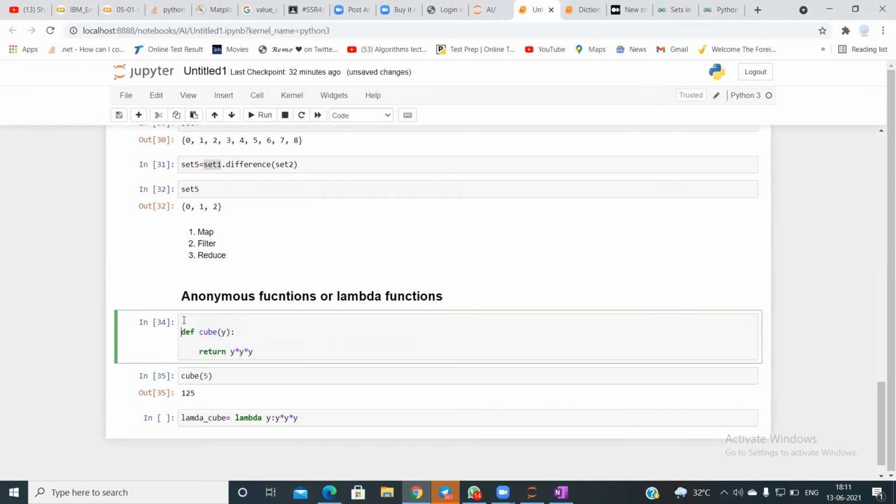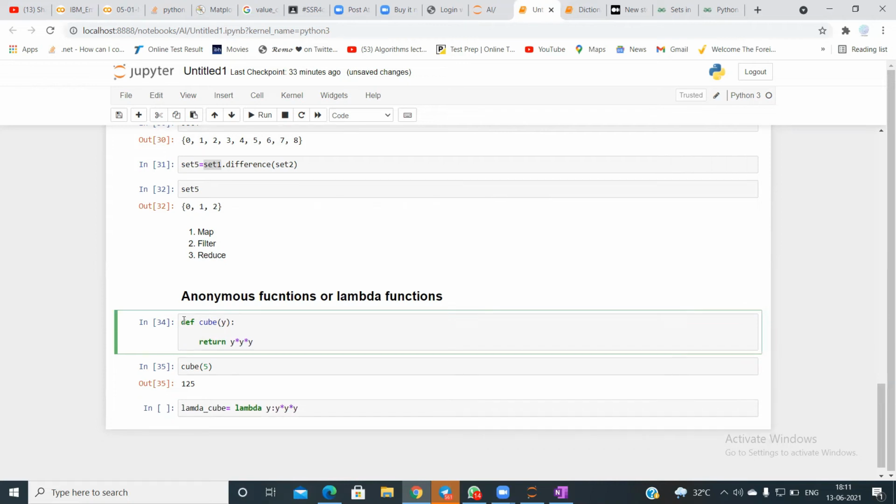For a normal function, you generally say def of the function name and you pass the value, and then you say return of something.